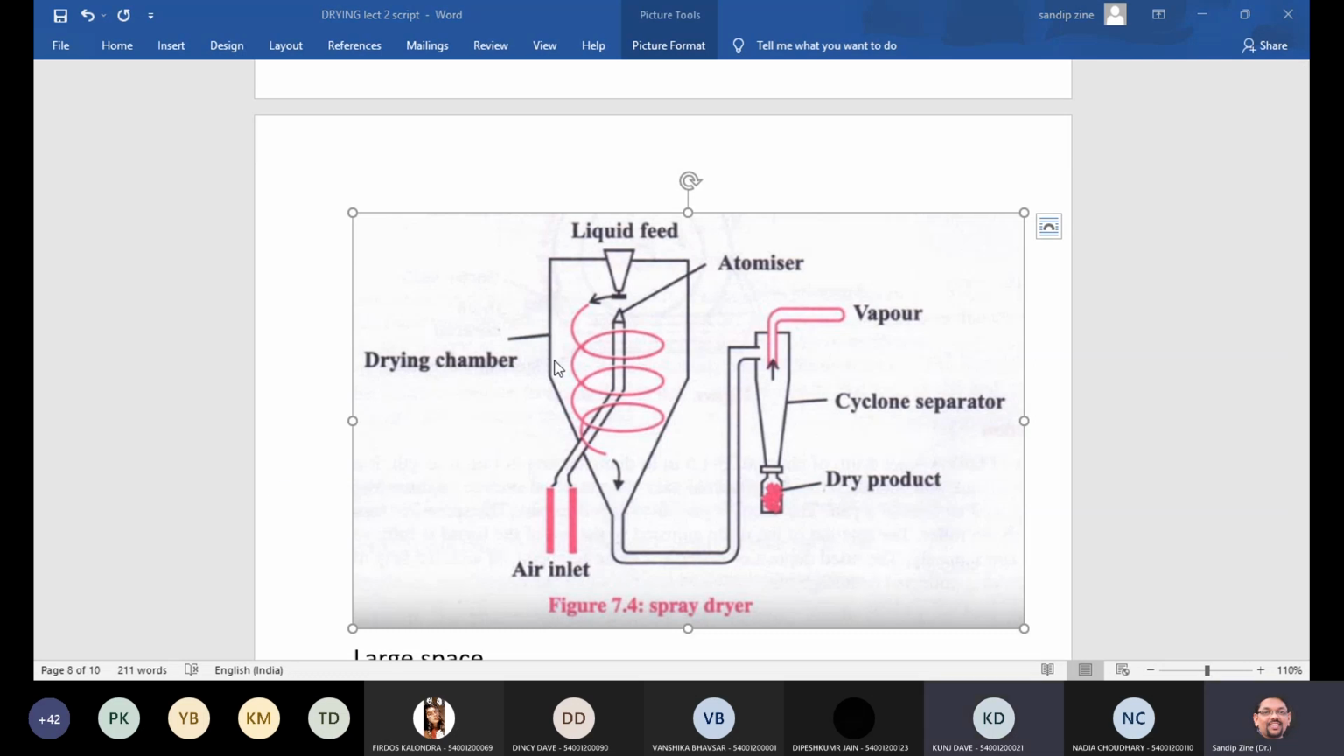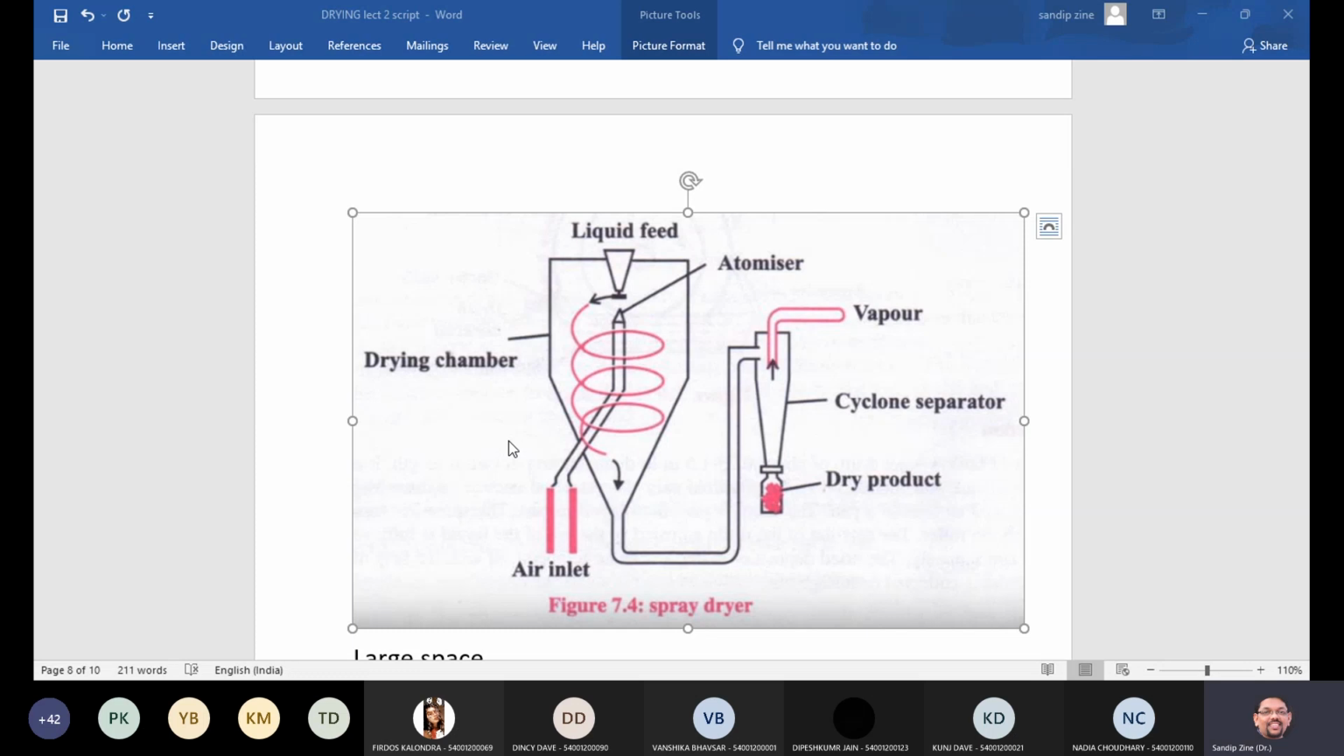So how is it centrifugal? The bottom, yeah, the bottom of the drying chamber. If you are observing this diagram, this is the bottom of the drying chamber. It is connected to this cyclone separator, isn't it? So in the cyclone separator, the basic mechanism, the key thing that happens, is the centrifugal force